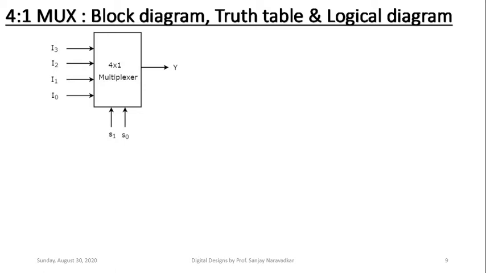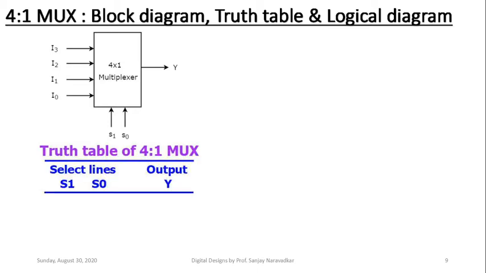So see here. Here is the truth table of that 4-to-1 multiplexer. Select lines S1, S0 which are shown in a proper way. S1 on the left side, S0 on the right side. And then the output Y. Now, as per the definition of that multiplexer, it has to select only one input line and the logic on that selected input line will be steered to a single output line.